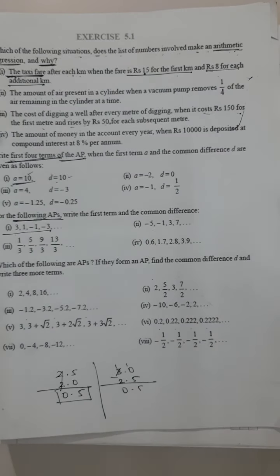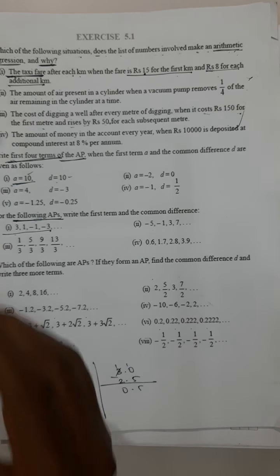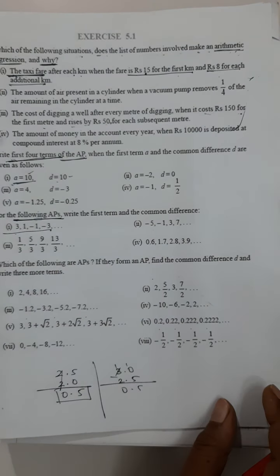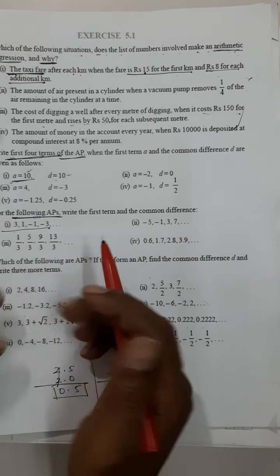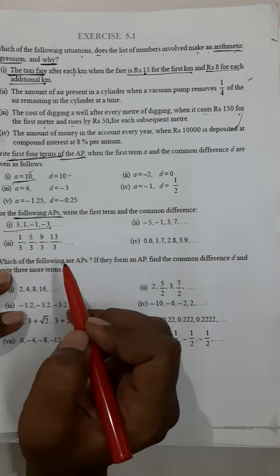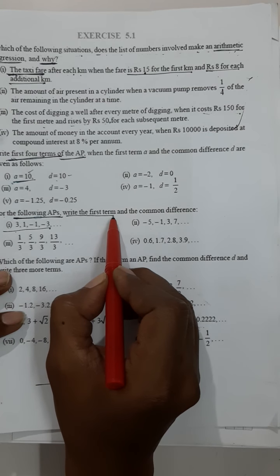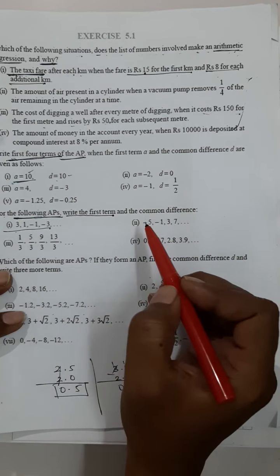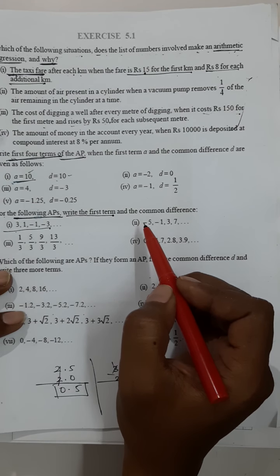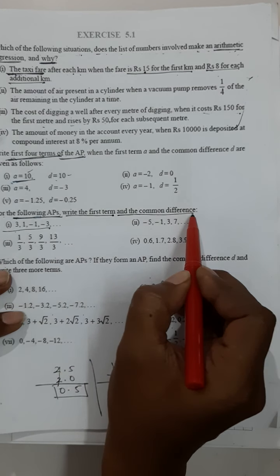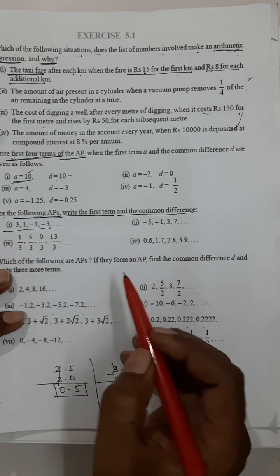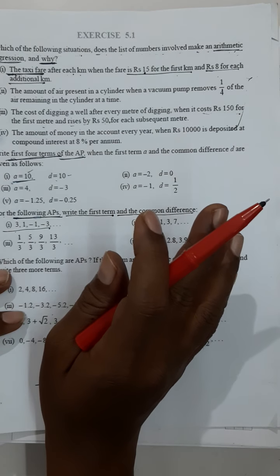And now let us proceed to the next question of exercise 5.1. We have completed question number 1, question number 2, and we are now heading towards question number 3. In question number 3, for the following arithmetic progression, write the first 3 terms. Write the first term and the common difference. Okay, so here again, you have to be very careful with your ideas, my